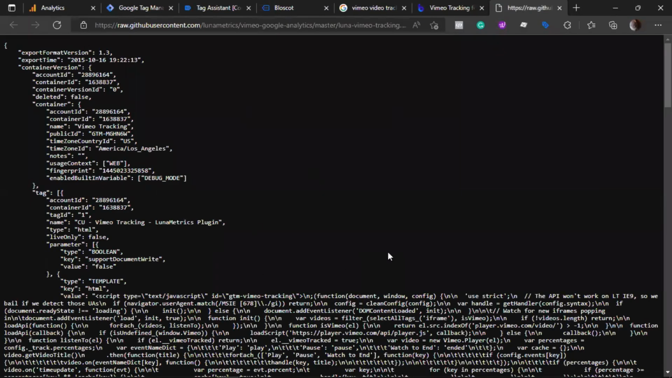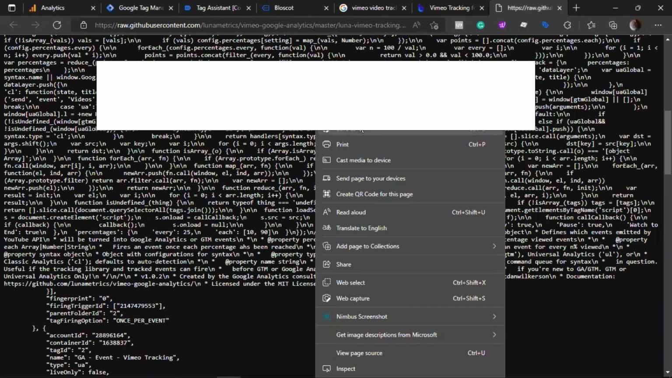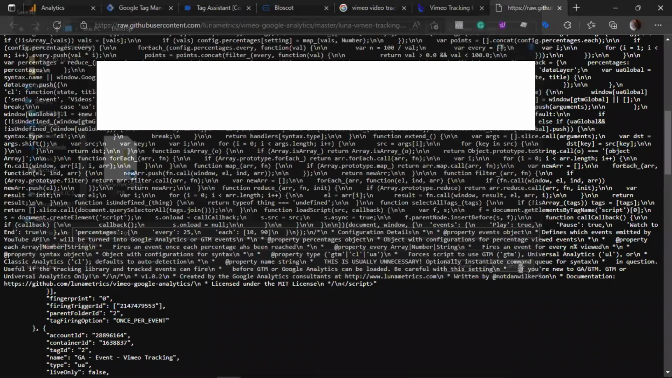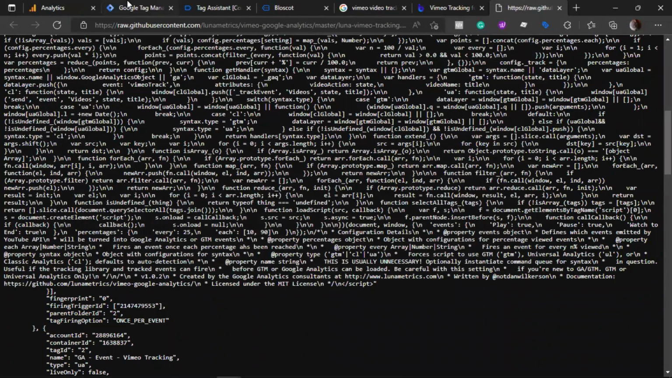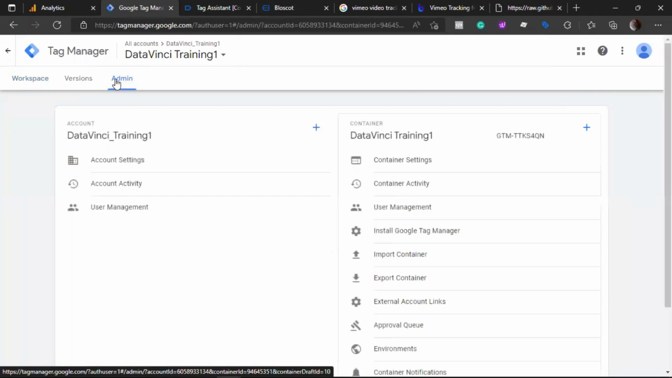This is giving me this file, and I save this, save as, and I simply save this, right? Now, if we go back to our Google Tag Manager and go to the admin, here we have the option to import a container. If I click this,